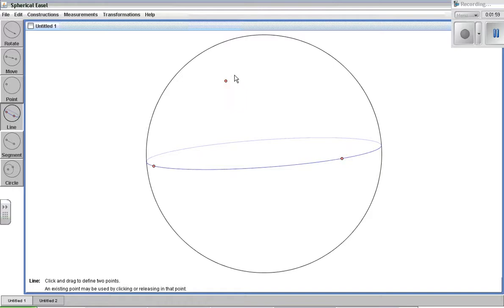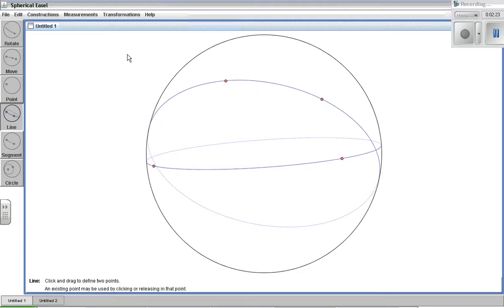In spherical geometry, there's actually no lines that are parallel. There's no such thing as parallel lines on a sphere. They all intersect. No matter where I try to put this, it's going to intersect the given line that we have. You can recreate this yourself